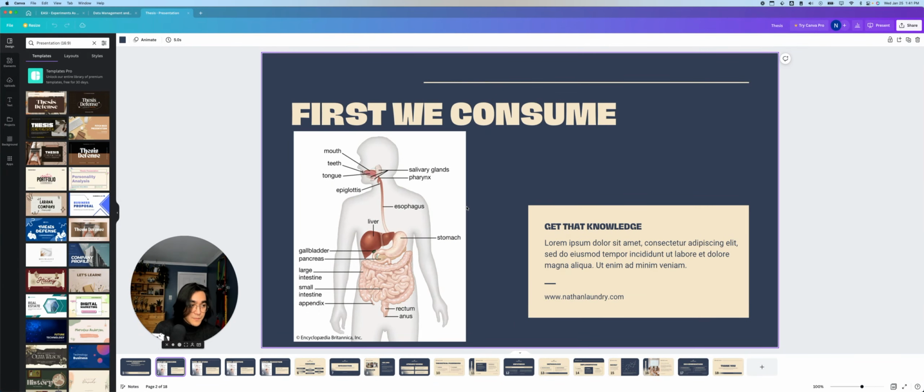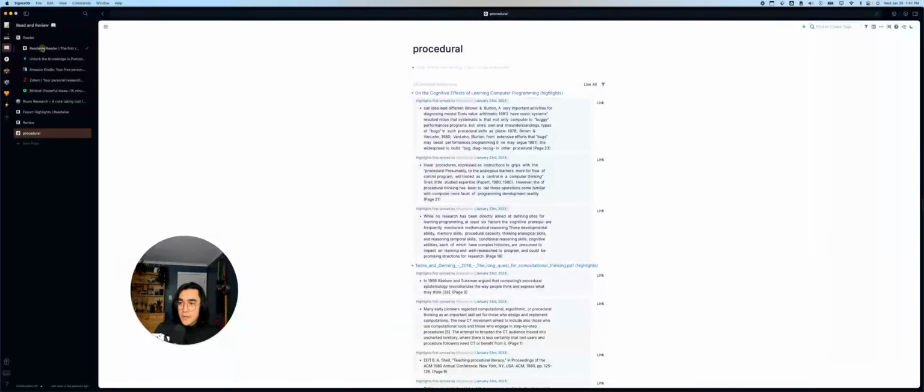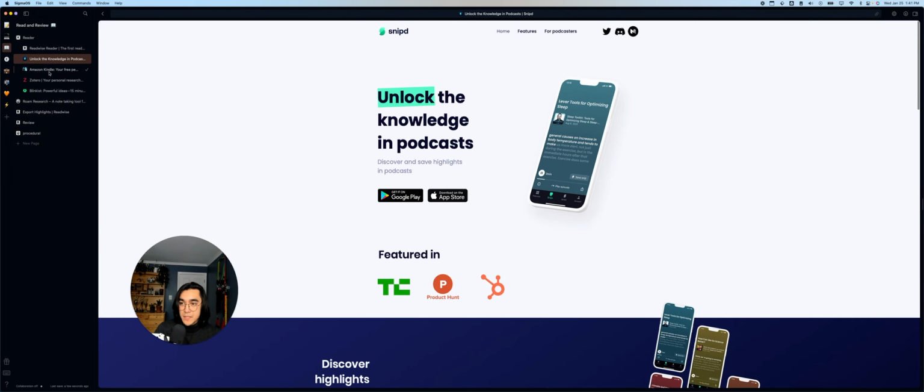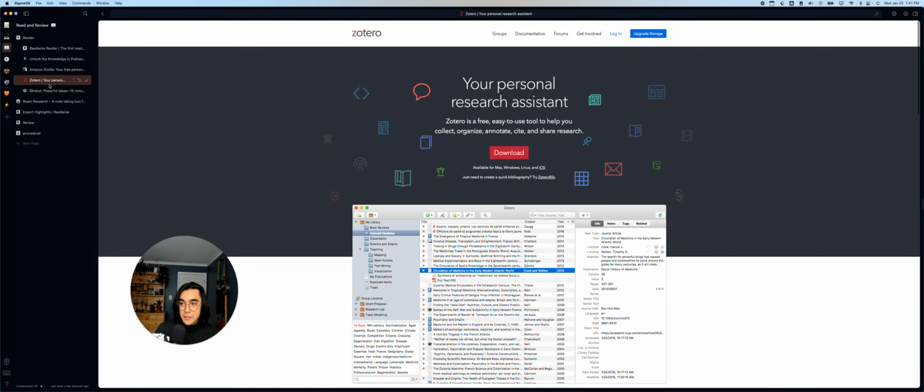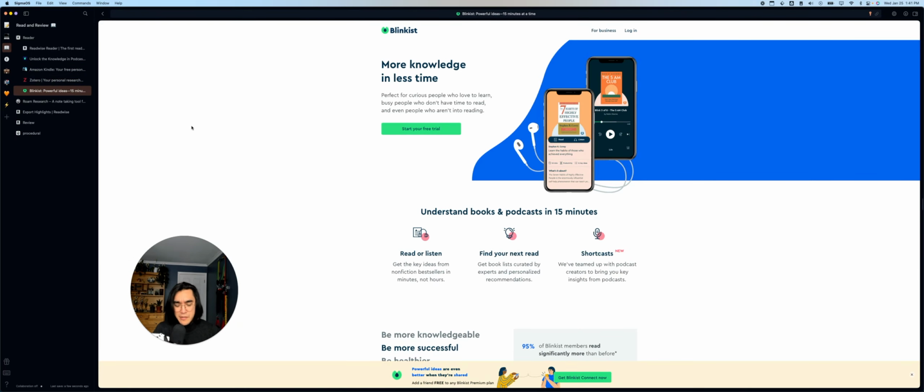And to summarize: first off, we gather lots of information, and I want to make sure that it's not just sticking in my brain, right? Because I don't trust my brain to actually store ideas. I want it to have ideas. So I do all of my reading and content consumption in ways that are sustainable, right, or storable. To do that, I use the Readwise Reader. I use Snipd, Kindle, Zotero, and Blinkist, and probably some other things that I'm forgetting, but that's good enough.